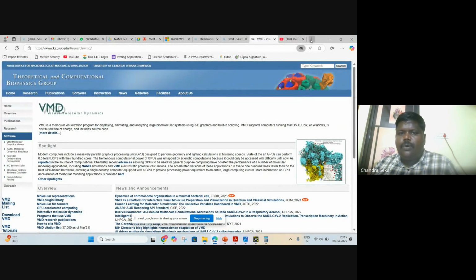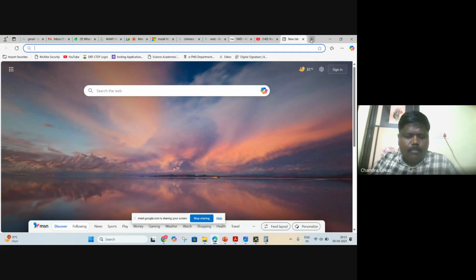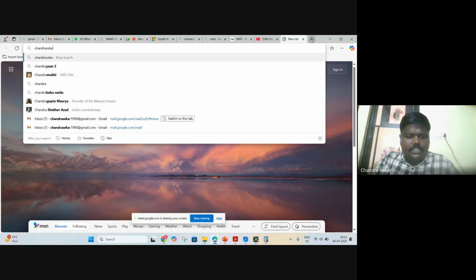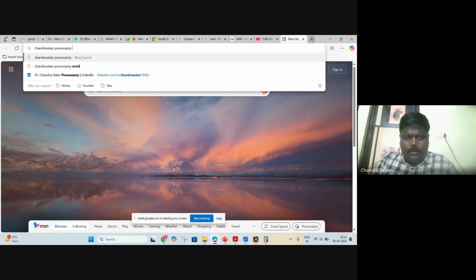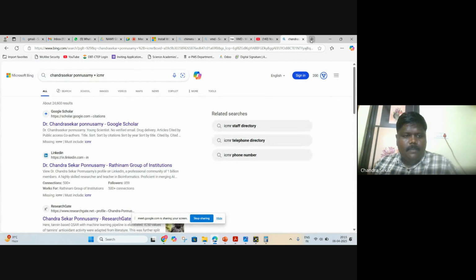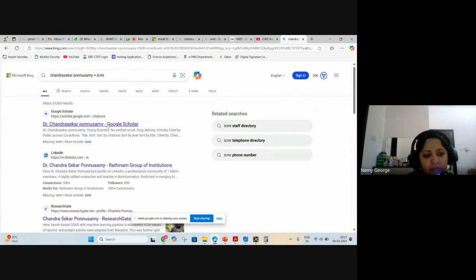And one more final touch. You can also browse my profile so that you go through my papers and research articles. The way to find my name is Chandrasekhar Ponnuswamy plus ICMR. Can you see?